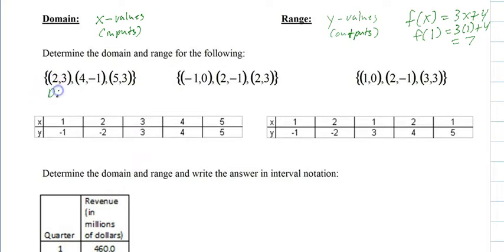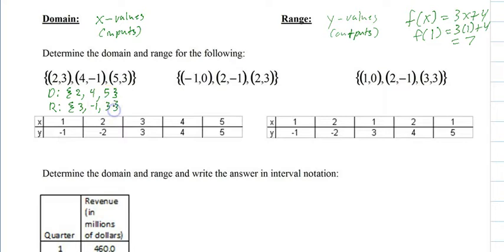All right, so the domain here, what's your x's? So you write a little set brace, and it's 2, 4, and 5. Set braces are like the math form of a bag that just contains our elements. You don't want to just randomly write numbers out there. You want to put them in a bag. And there's your range,